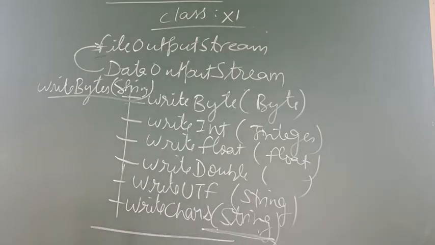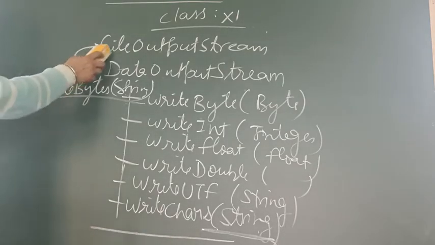ठीक है, ये जो functions है आपके, ये सब किसके data output stream class के function है. और अब इसका रोल पता चला हमें कि file output stream का रोल क्या है. It is used to connect your .dat file, that is your binary file, to your Java program. And the file output stream object contains the link between the file name and the file with the Java program. Okay. So now we will just create the program.